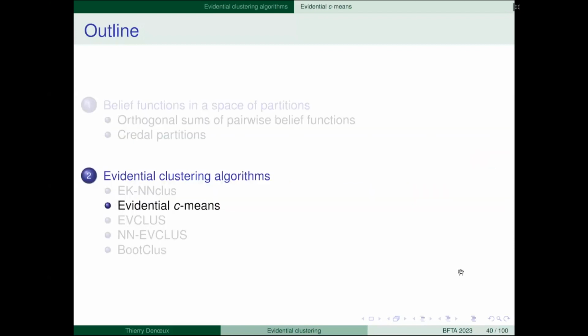Okay, so this is one approach where we have an algorithm that is a heuristic search algorithm for finding an approximation to the most plausible partition. And you also get, as a byproduct, a Credal partition, a different kind from the other algorithm, because the mass functions are normalized, and the outliers correspond to the large mass given to omega. Okay, next, we'll see 4 other algorithms that this time find directly a Credal partition.